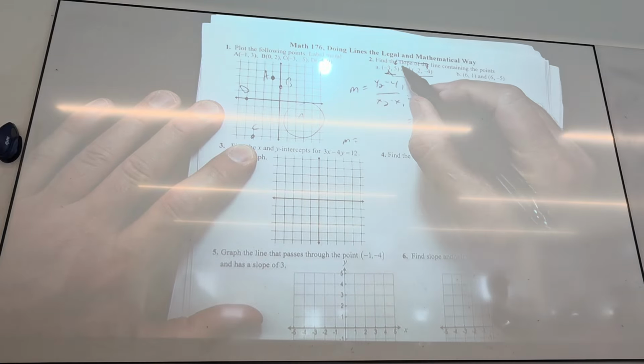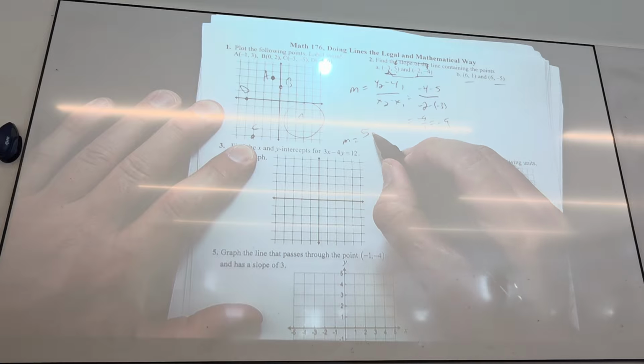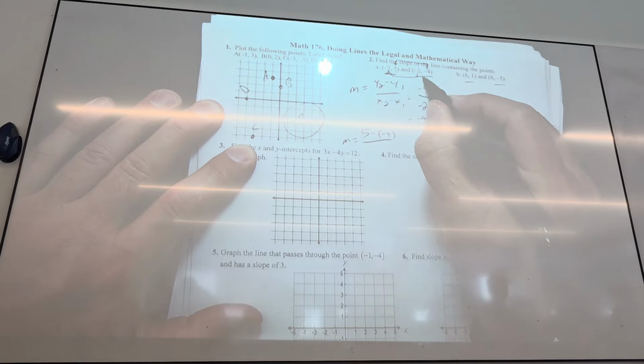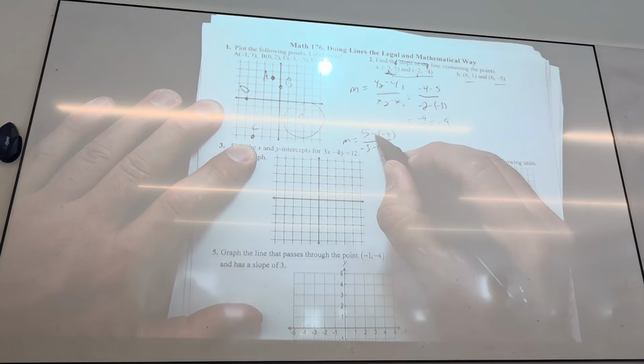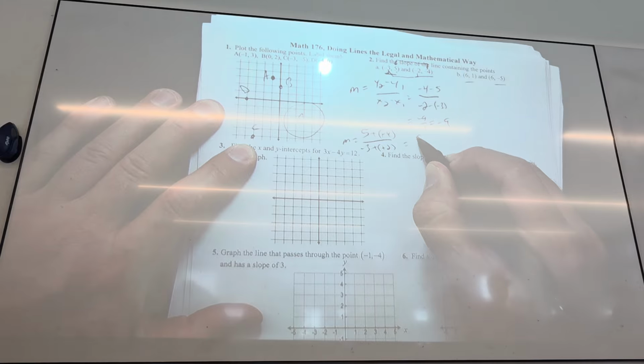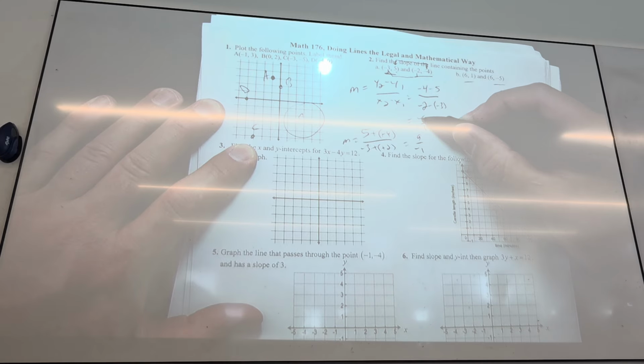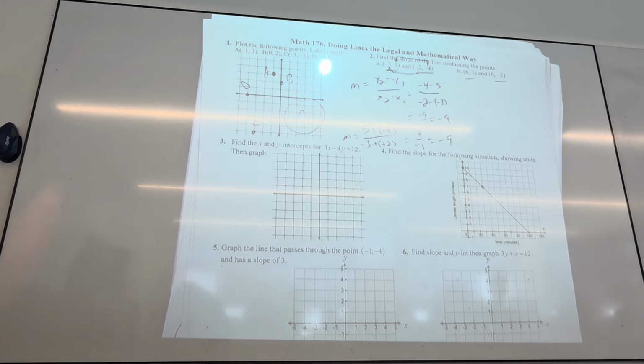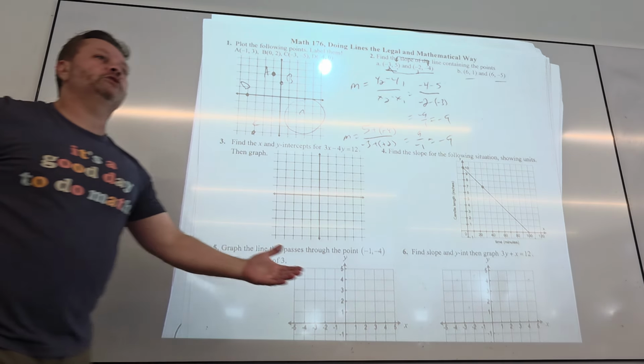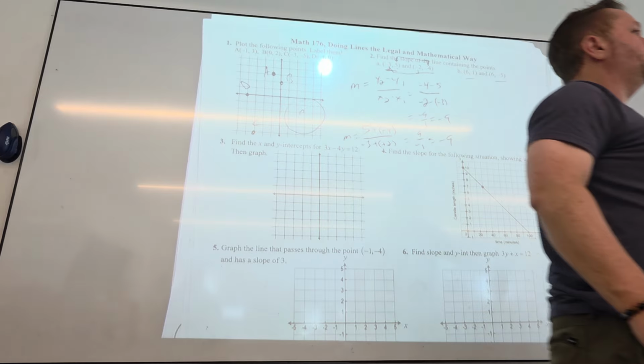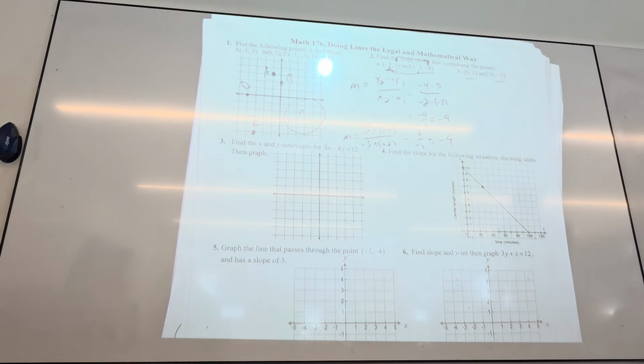If I'd gone the other way, 5 minus -4 over -3 minus -2, plus, that becomes 9 over -1. Do you see how the sign is just on the top or the bottom? But the answer is still -9. So it doesn't matter which one you choose to be the first point and the second point. Who gives a damn? Because I don't know which way on this road I'm going. So who cares what I call first, second? You just have to go the same way, or else the sign is going to be wrong.